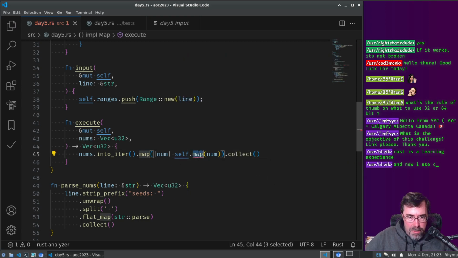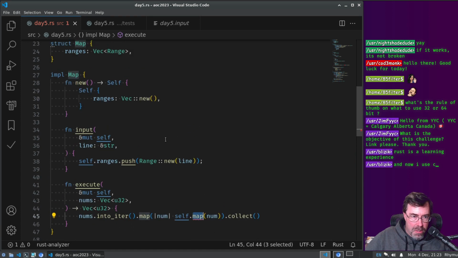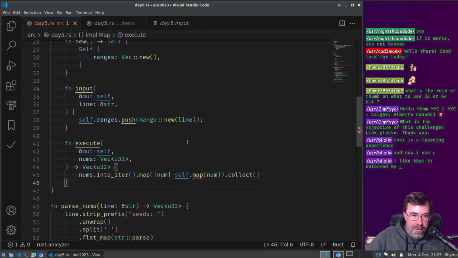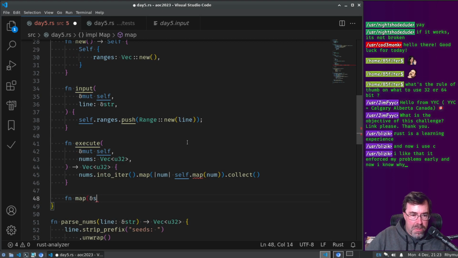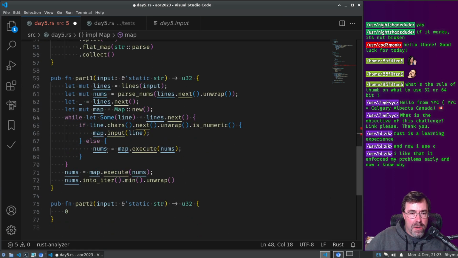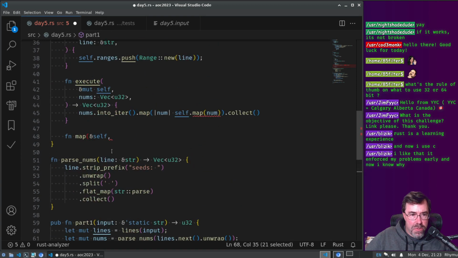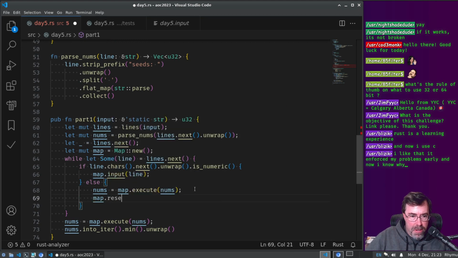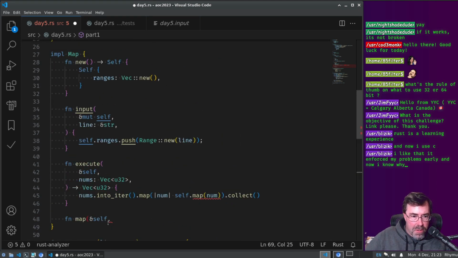So we need to have an implementation of map that has a map. Self. This technically doesn't... oh no, it does need to mutate. Either that or I need to reset it. Maybe I just do a reset. So we'll do a reset after here. So map.reset. And reset's easy. Let's do it now.